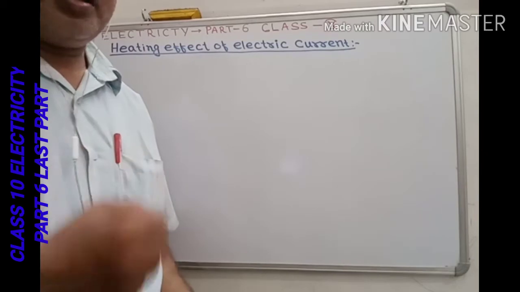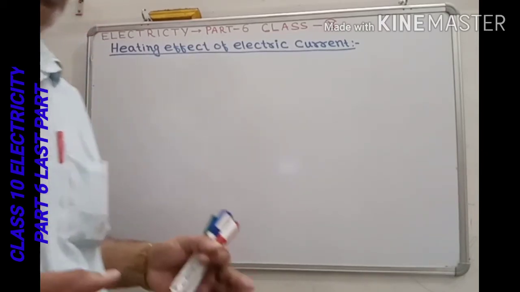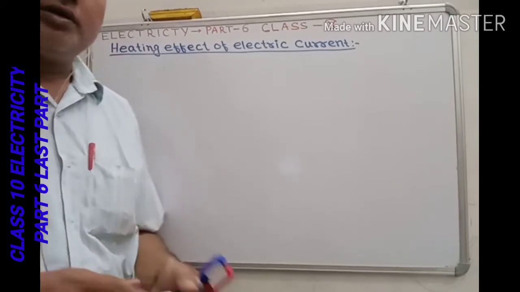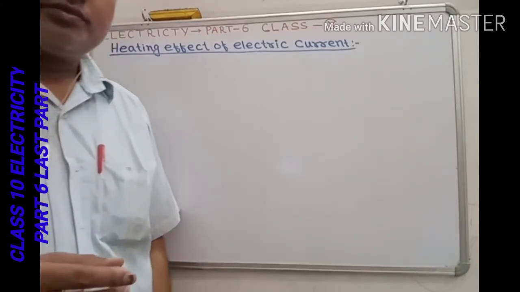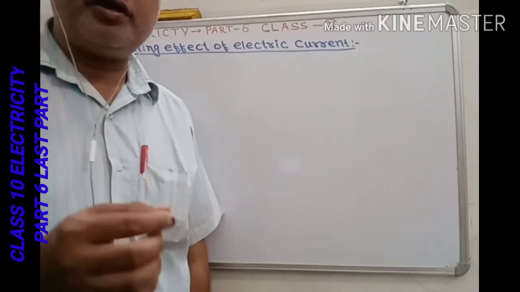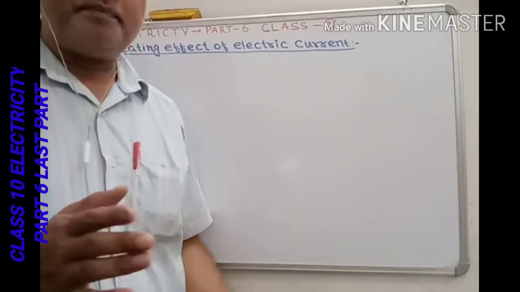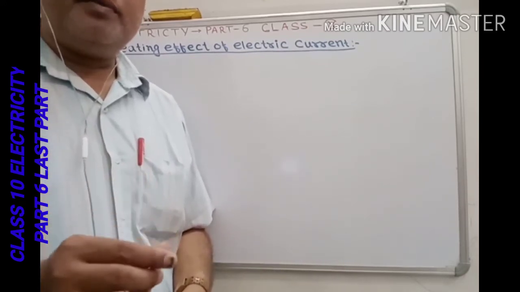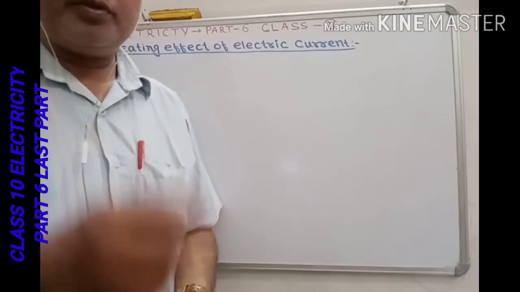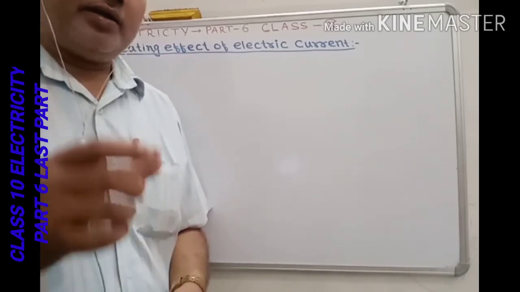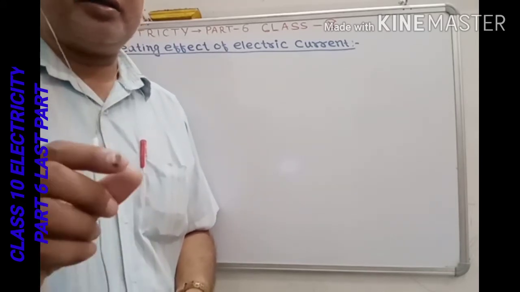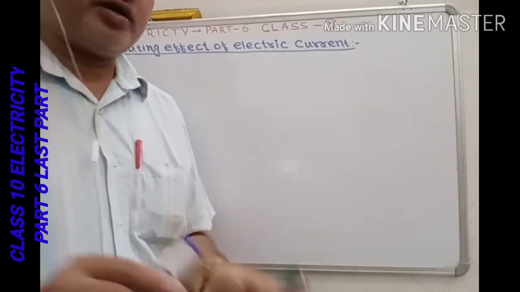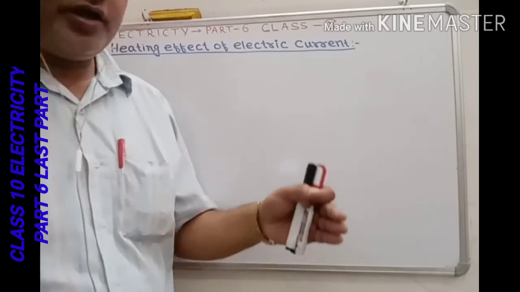Let us consider a current I flowing through a conductor with the help of a potential difference V applied across the ends of the conductor, for a time T, and the conductor offers a resistance R. Then what can we say about the work done in moving the charge Q